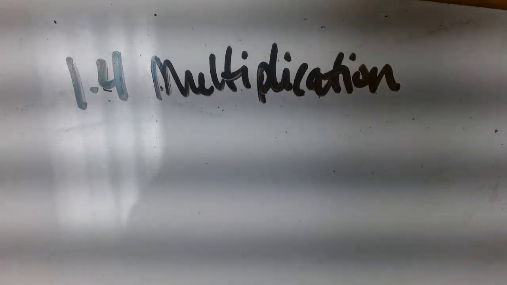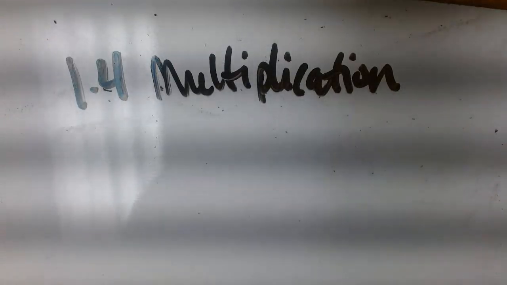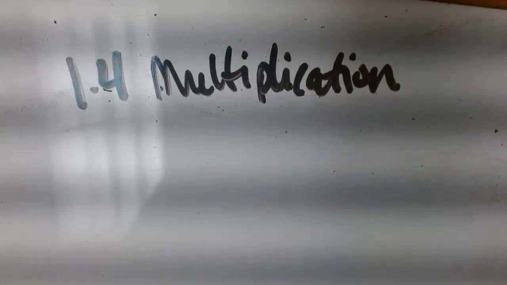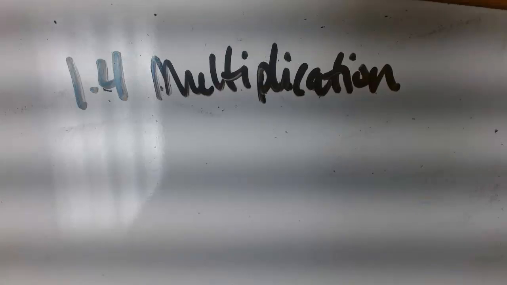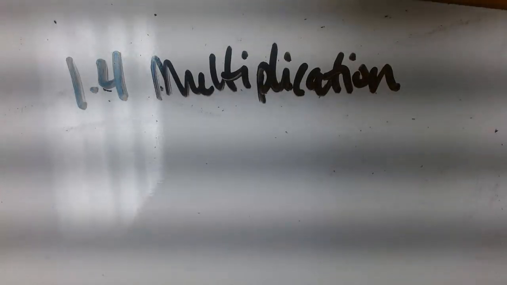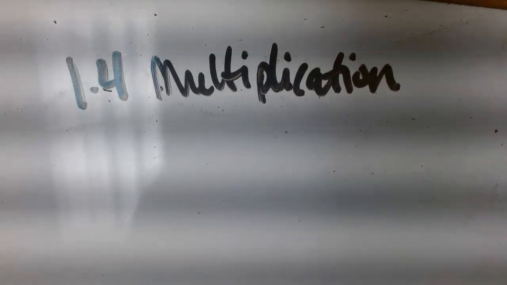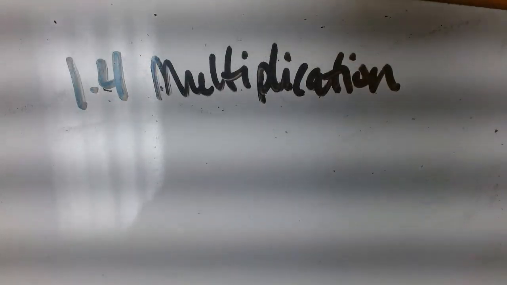Okay, for lesson 1.4, what we're going to focus on is multiplying whole numbers. Let's say that you have 6 boxes of toasters, okay? And you've ordered those, and each box contains 8 toasters. So how many toasters are ordered? Yes, you could pull out every toaster and count them each one by one, but there's a faster way